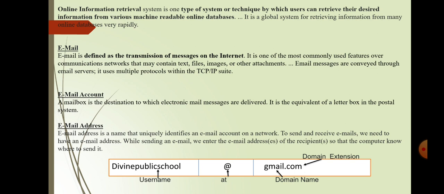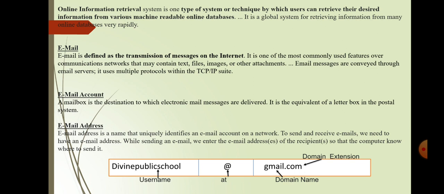Why interface? Dear students, if you want to search any website or any topic or any query, first of all, we need to open the browser. After opening the browser, we need to type the URL inside the address bar of our web browser.